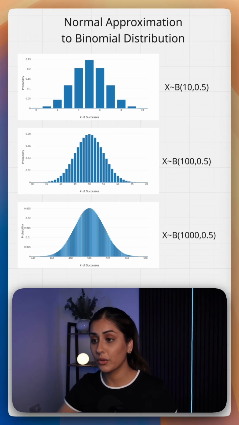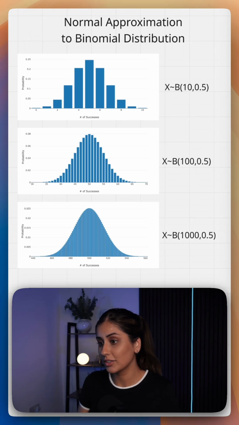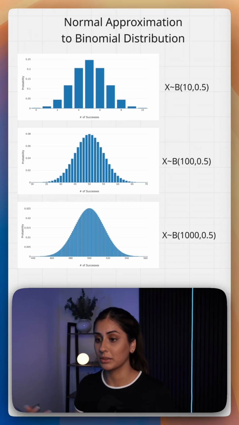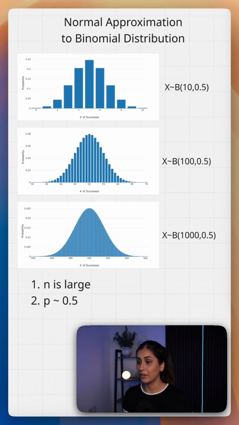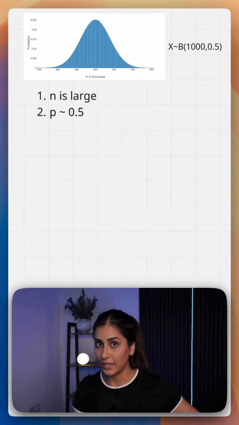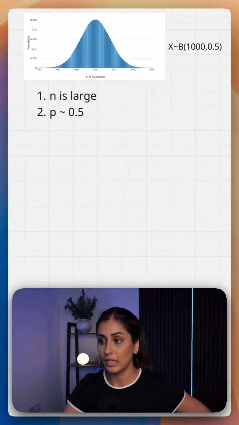So as n grows, the binomial goes from blocks to a bell-shaped curve, and that's why the normal approximation is used. The two conditions that allow you to approximate a binomial with a normal are when n is large and p is approximately 1/2. You need to know your parameters for how to estimate with the normal distribution, and luckily